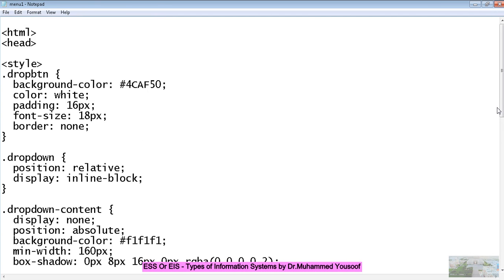Good morning students. Today we are going to see how to create a hoverable menu in HTML. What is hover? I am just typing the word here, hover. I will delete it later. Hover means when you keep the mouse pointer over something, that's called hover.